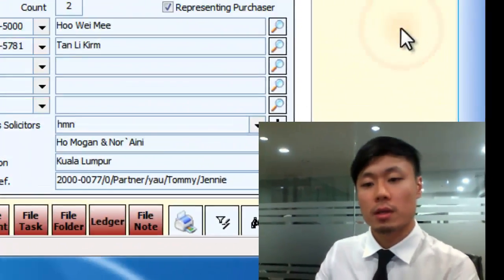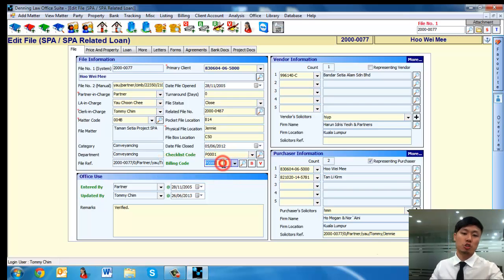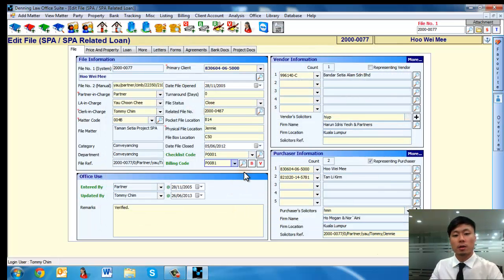Now next, let's look at billing and accounting. The typical problems that law firms face when it comes to billing is clerks may not know what items to charge, and when they do, they may not know the exact calculation formula to use to calculate the particular charges involved. How we solve this problem is we created this feature called billing codes, which are essentially templates except in billing form. So all the clerks need to do is choose from the billing code preset bill listing the type of matter that they want to bill for, say SPA loan and consent to charge for the state of Selangor. They click B,